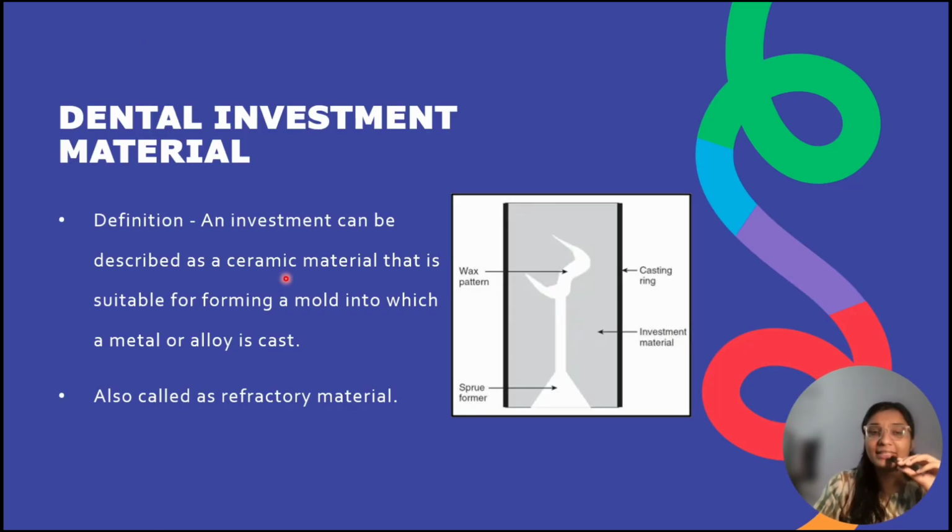So what is a dental investment material? It is described as a ceramic material that is suitable for forming a mold into which a metal or alloy is cast. As we have seen, this is the casting ring, this is the investment material, and this is the mold into which we pour the metal or the alloy cast. And this is also called refractory material. Why? Because in the burnout furnace it withstands a high degree of temperature, and that's why it is also called